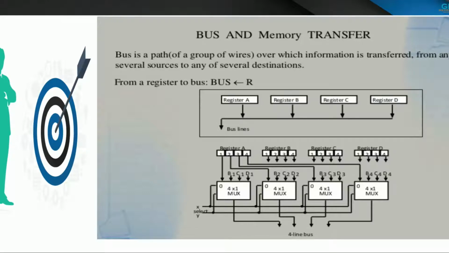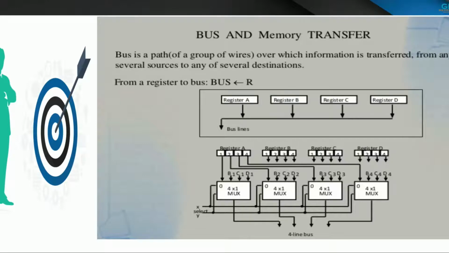This is a combination of multiplexers, 4 multiplexers, because each multiplexer will take 4 inputs and give 1 output. We have 16 bits, that's why we need 16 inputs to the bus. So a multiplexer contains 4 inputs, and 4 multiplexers will contain the 16 inputs.